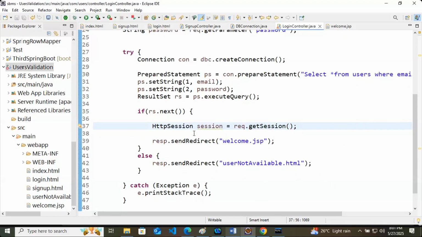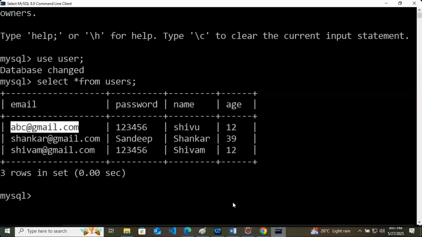What I want is, if the user is available, the user will have one name or not. We will send this name to the welcome page. You can send the entire user, but I just want to send the name of the user to the welcome page.